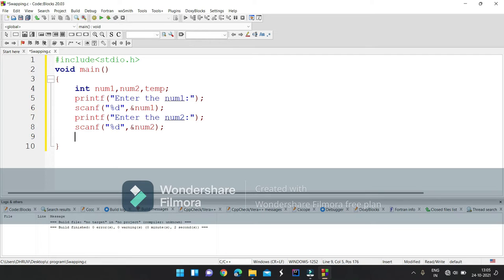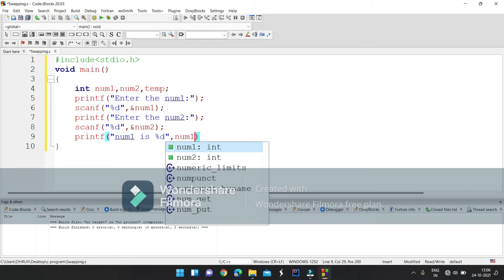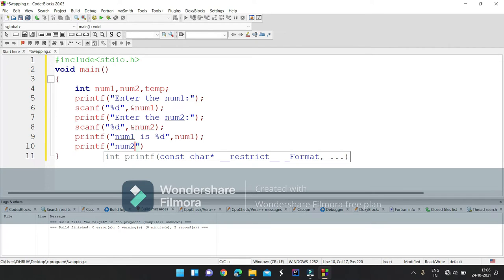For that, I will write printf, and in this printf, I will print "num1 is %d". %d will print num1, and another printf "num2 is %d" with num2.